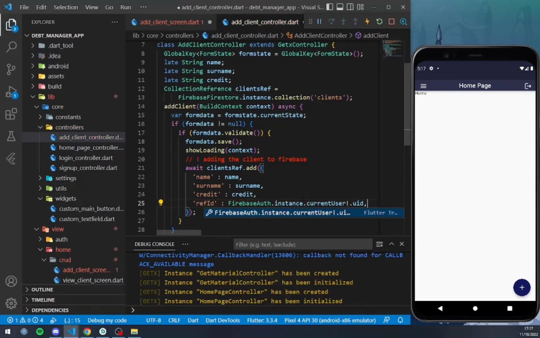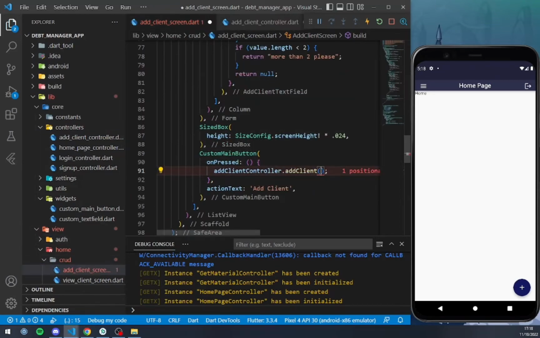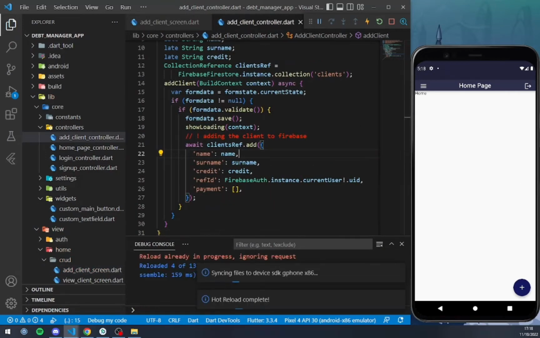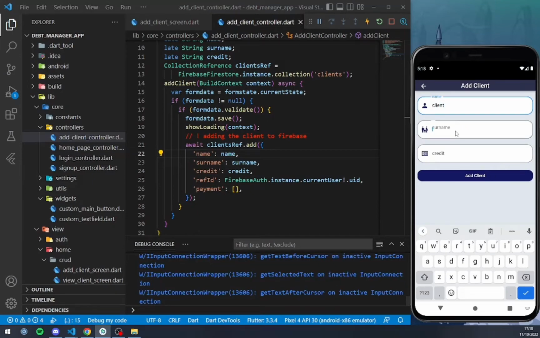And we also need a list of payment. So here we'll add a payment. It's an empty list. Alright, so here we have the argument context. Now let's see if we can add our client test. Let's say, oh no,